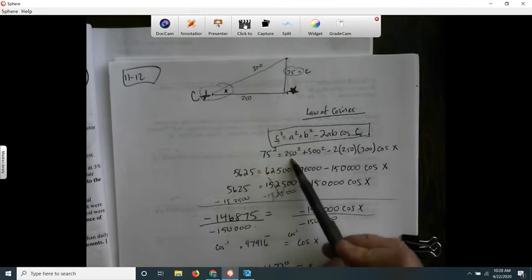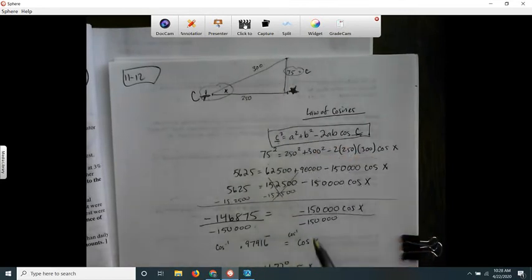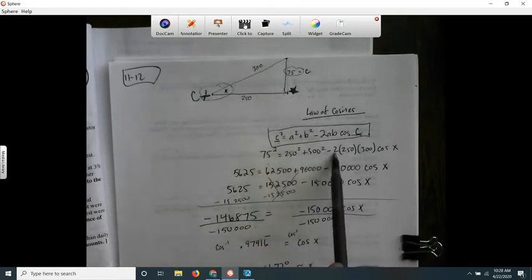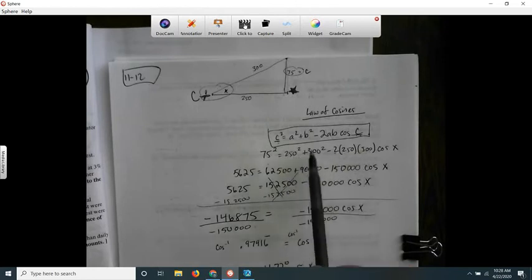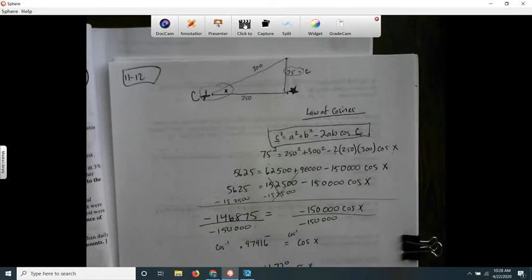So I got 75 squared, and then these are just the two other sides. It doesn't matter which one goes first or second. It's got the two other sides squared, minus 2 times the two other sides times cosine of my angle. And then I just squared out 75, and I got that. Squared this out,